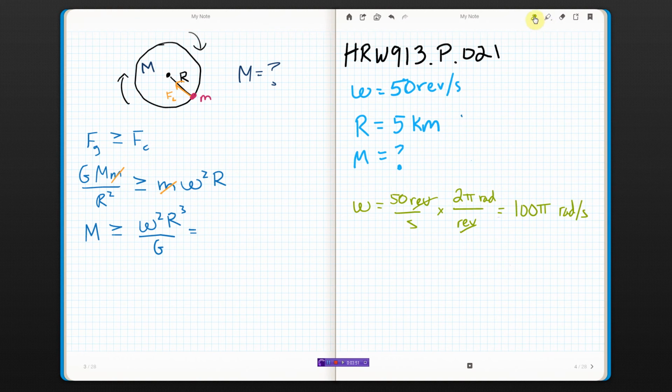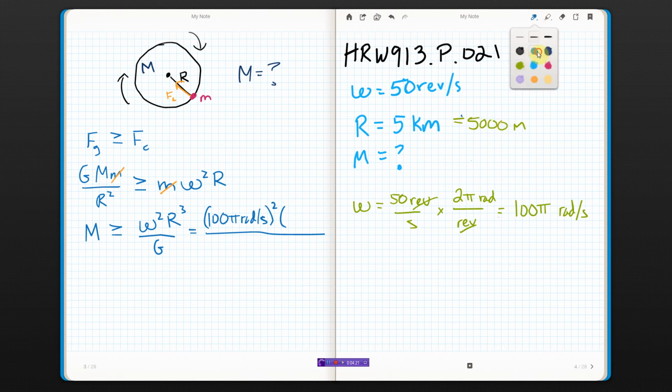So over here I've got 100 pi radians per second, squared. Don't forget the square. R also needs to be in meters, not kilometers. That's easy enough. I just multiply by 1,000, so it becomes 5,000 meters. So when I plug that in,